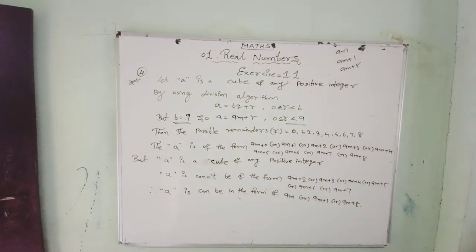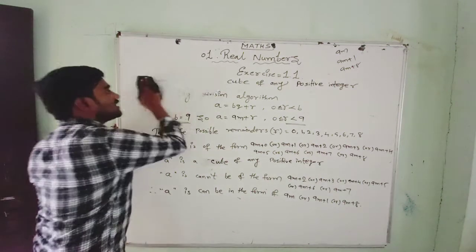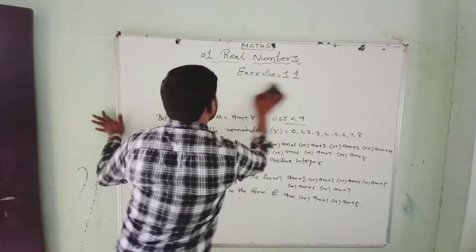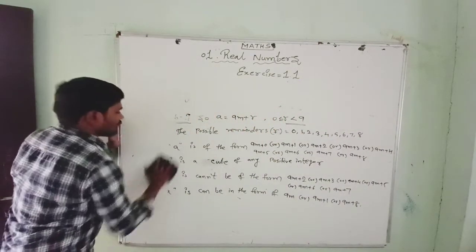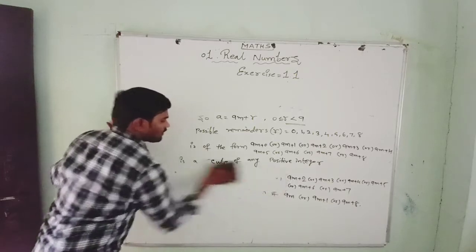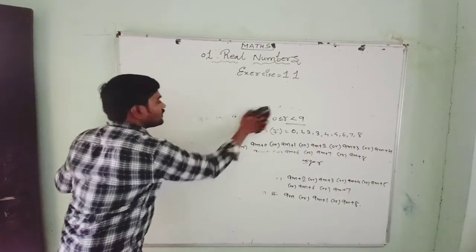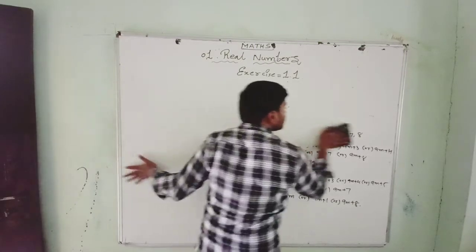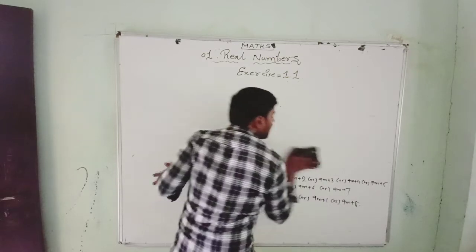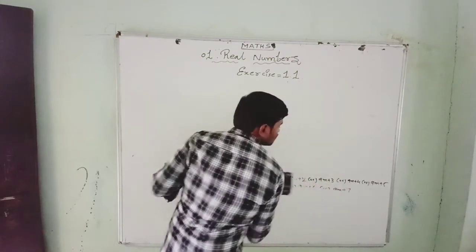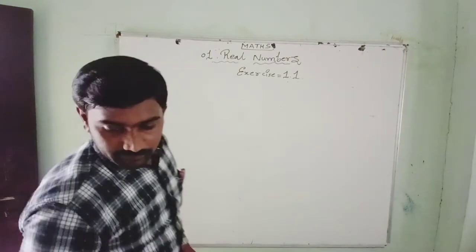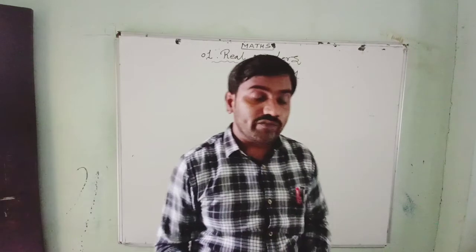Now we go for another question, that is the last question of this exercise, the 5th question. For the 5th question you have to concentrate a little bit more, although it is also a very easy question actually. Let us solve it. But these 3 problems you have to do properly, because out of these 3 models you may get any one of the questions in the annual exam for 4 marks. So focus on these questions. Then here let's go for the 5th question.